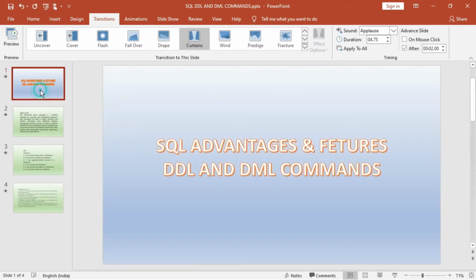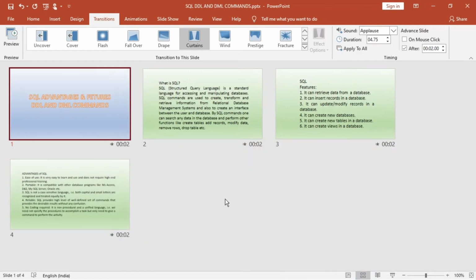So you can see once check the transitions key. So one more thing you can do, you can see the views out here. You can see this is called slide sorter view. In the slide sorter view also you will be able to check the transitions and preview the particular thing. You go to the slide sorter view and see out here. Okay, here you can see the preview also.